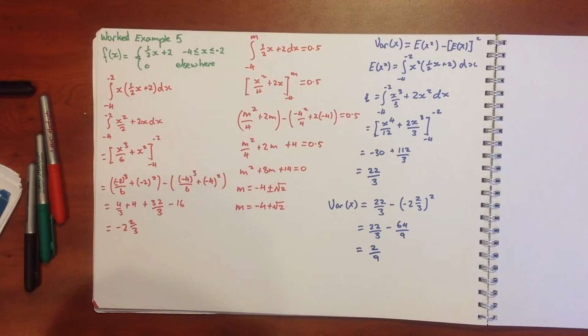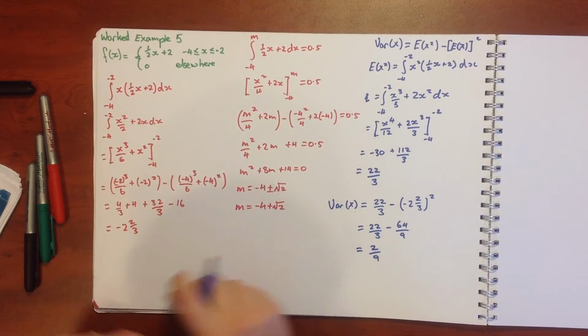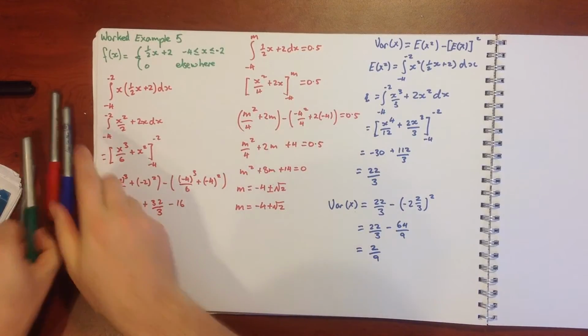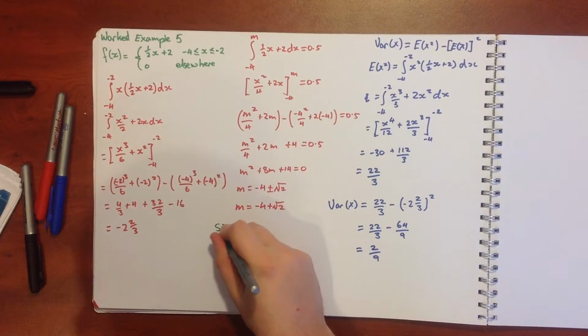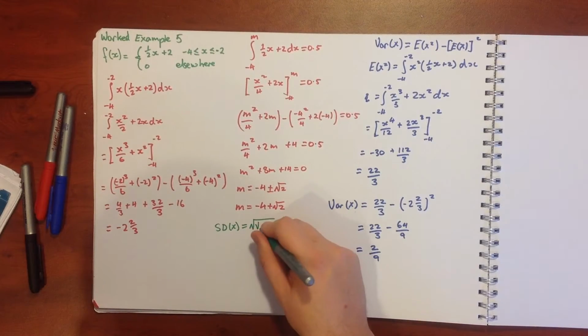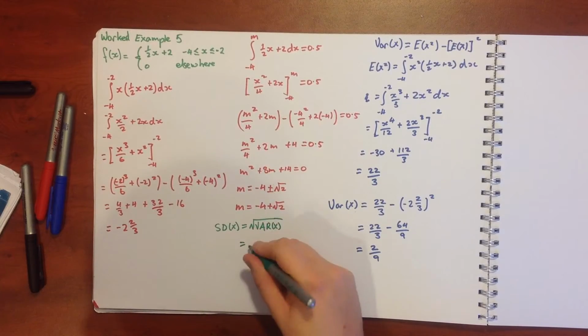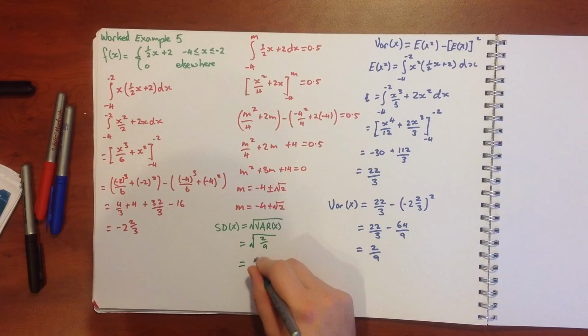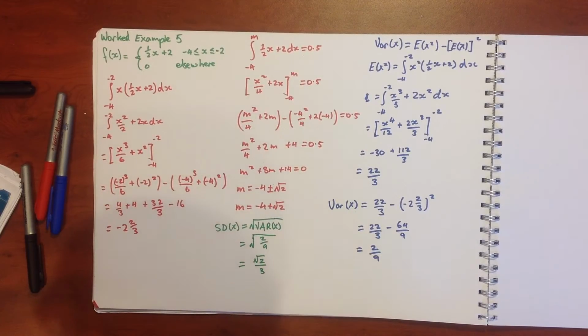That is our variance. In part D, our last part, we need our standard deviation. Our standard deviation of x is equal to the square root of our variance, so that's the square root of 2 on 9, which is root 2 on 3, which equals